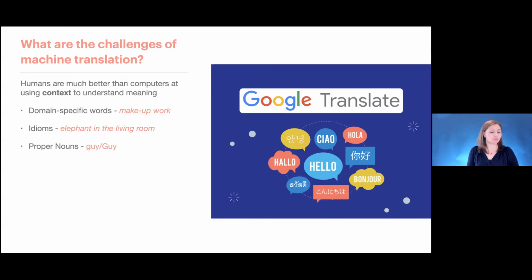For machine translation, proper nouns are a problem. I have a friend named Guy, and so that's his name. But guy can also just be the name for a man. And so trying to help computers figure out the distinction between proper nouns and common nouns is a problem. Polysemy, which is when we have multiple meanings of words. So think about the word bank. It can be like the place where you cash your checks, but it could also be like the edge of a body of water. You can also bank your car in a certain way as you're driving. So trying to help these translation apps figure out, well, what meaning is intended here.